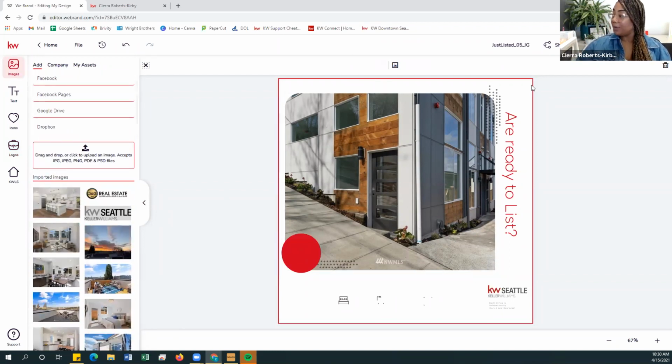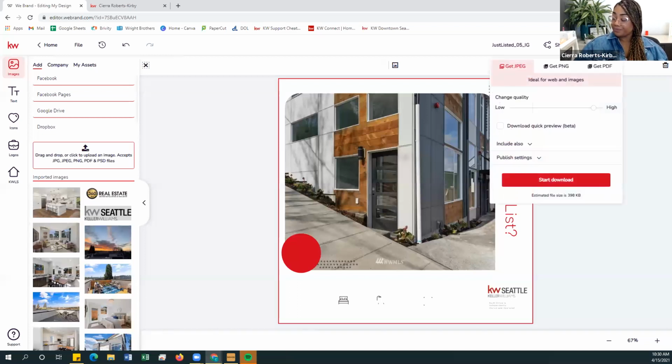And so we are going to go now. I like the design. Obviously, it's not perfect. This is just for, you know, our purposes of teaching. But you can always go in and create something that looks a little more appealing to the eye. Maybe a picture that you have that has attracted a lot of business, a lot of leverage. And so we are going to download this